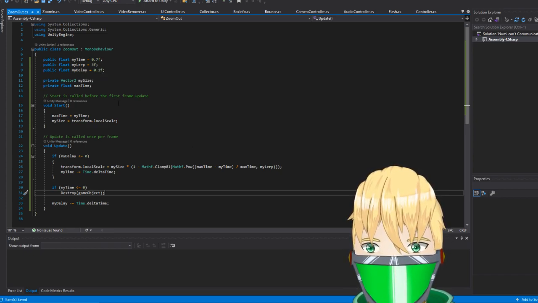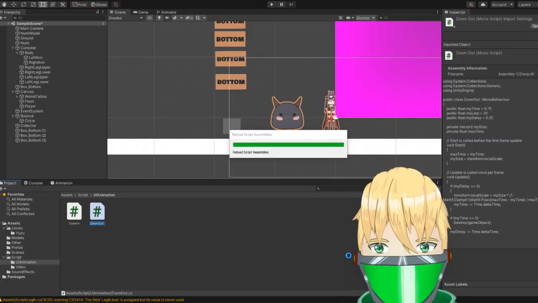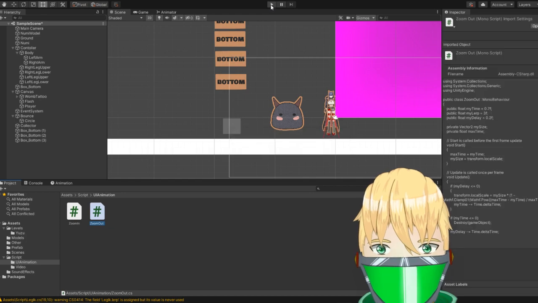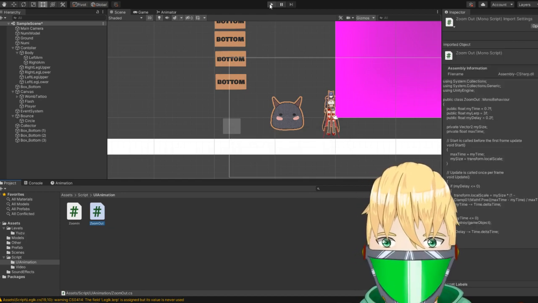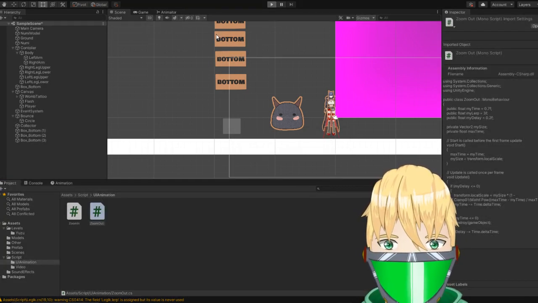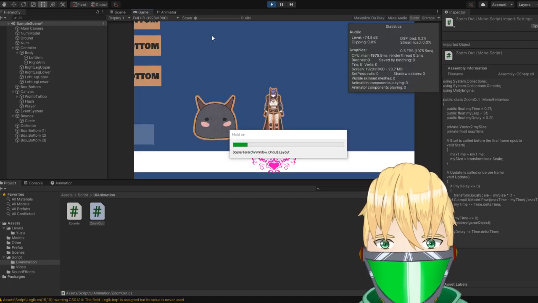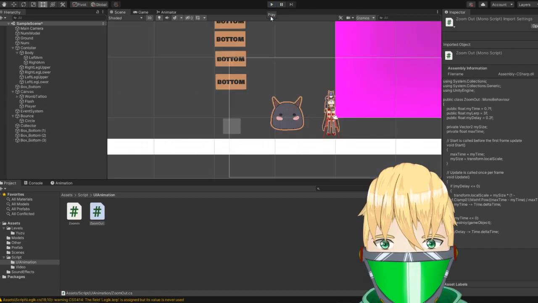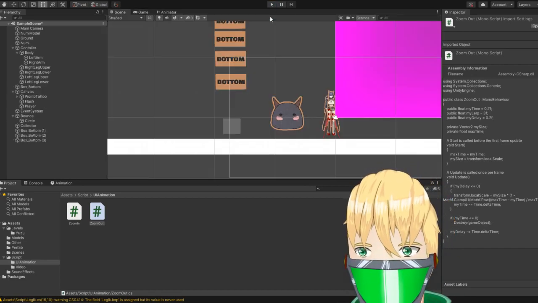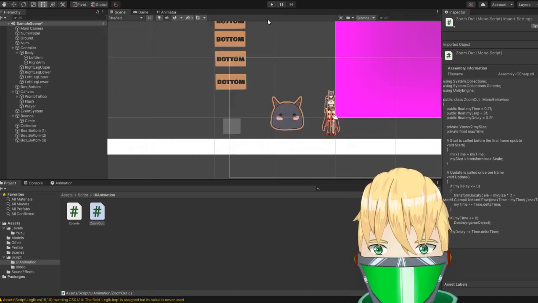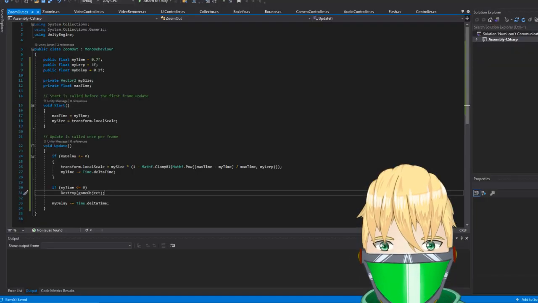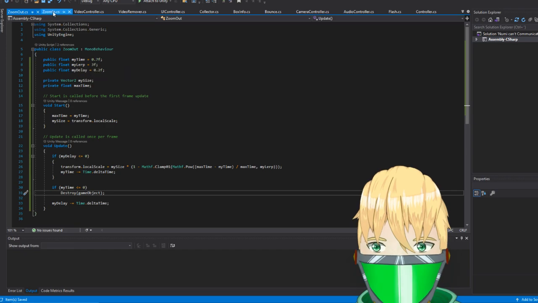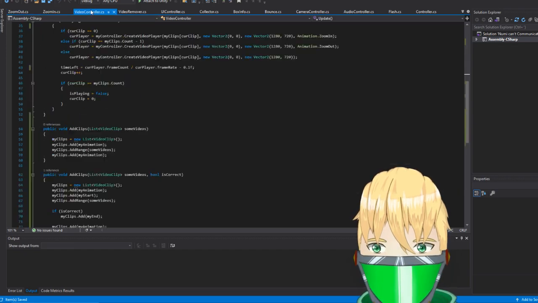So if it's fine even having a delay, that won't matter at all, because it's not using any of the UI. It's literally just a scale thing. Okay, it works somewhat. Problem is it's too slow.